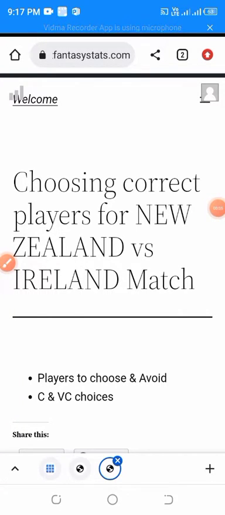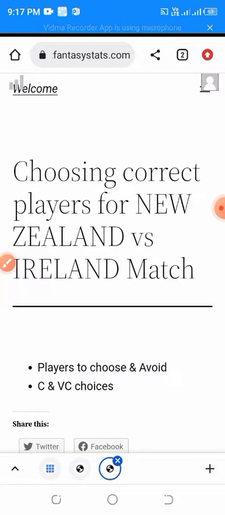In this video we are going to discuss choosing the correct players for the New Zealand versus Ireland match. This will be a crucial match for both teams as their hope for the semi-final is still alive.